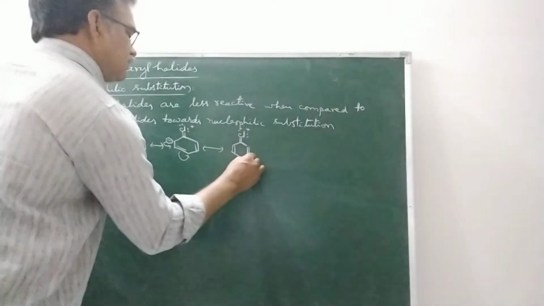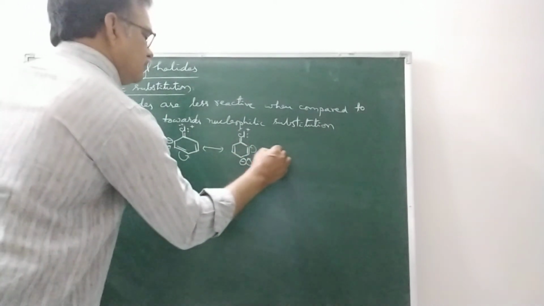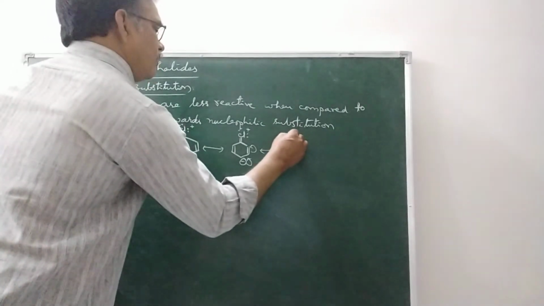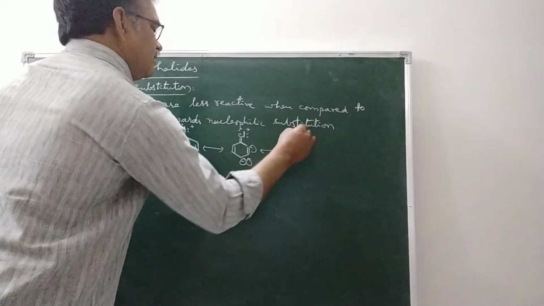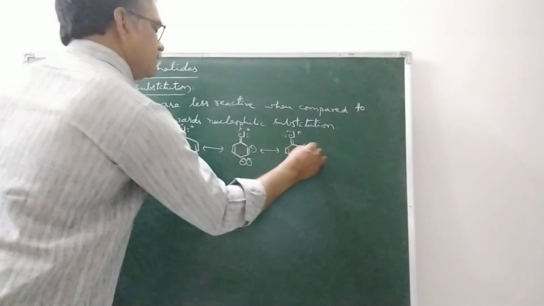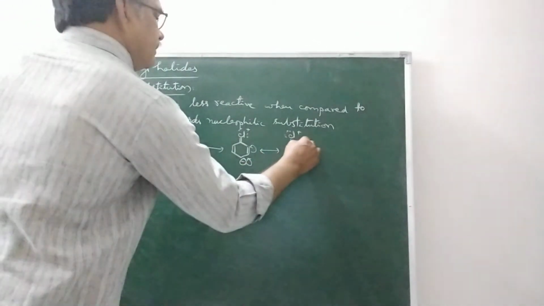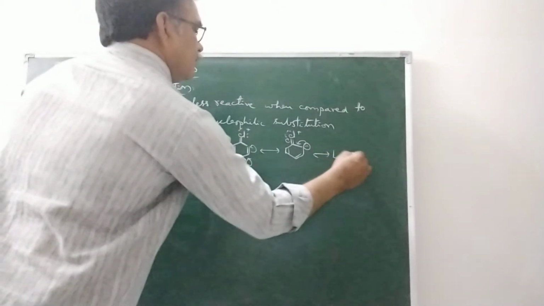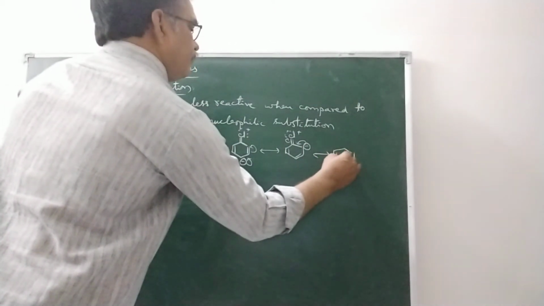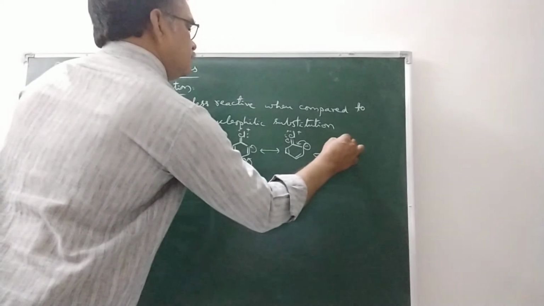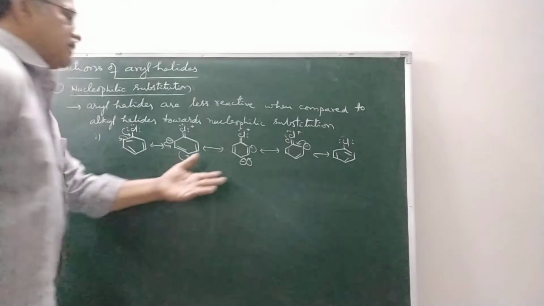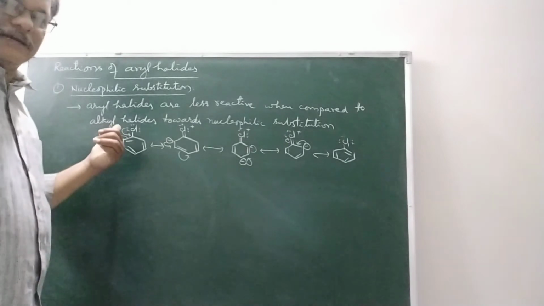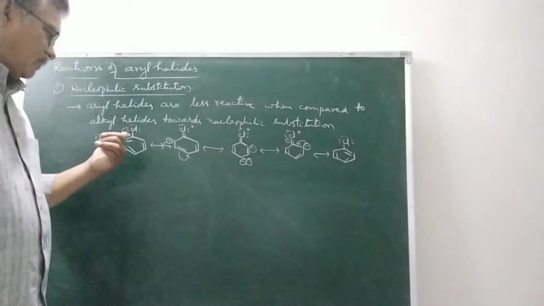If this comes like this, this again goes pi bond like this. So we'll get another resonance structure, double bond Cl plus minus. Okay, so if it is shifted like this, we will get another resonance structure. Okay, see, these are the resonance structures possible when delocalization of the electron pair present on chlorine takes place.